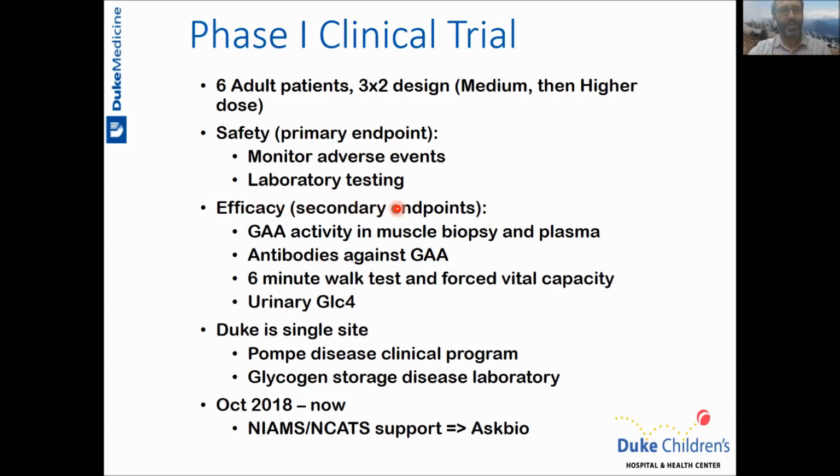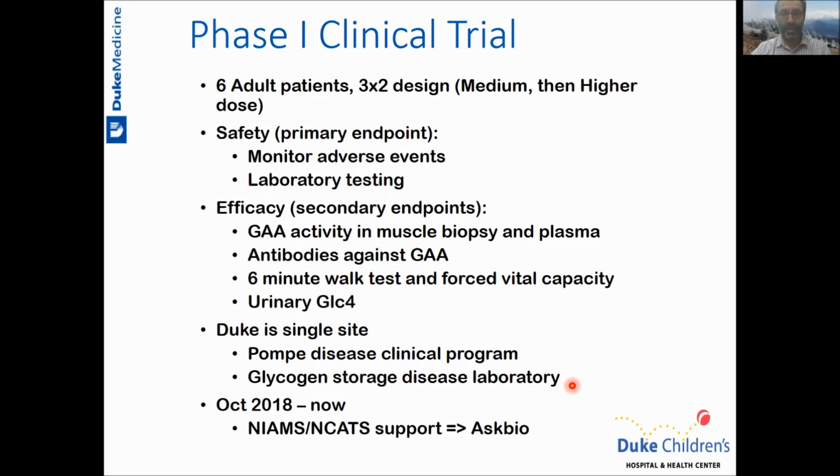Secondary endpoints validated in Pompe disease, including the 6-minute walk test and forced vital capacity, as well as some others measuring the GAA activity in the muscle biopsy before and after gene therapy, GAA activity in the blood, antibodies against GAA, and the urine biomarker. Duke is a single site, including our clinical program to run the study, and supported by the Glycogen Storage Disease